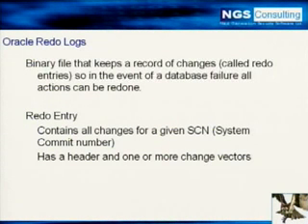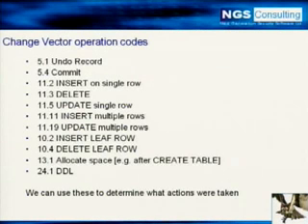The redo log contains entries, and a redo entry contains all the given changes for a system commit number. The system commit number is, last time we committed to the system, the number was this, and so on. So all those changes are written in a specific redo entry. There could be only one change, or multiple changes. The redo entry has a header with one or more change vectors. So what do I mean by a change vector? Well, a change vector is an action that was taken before the database failed.